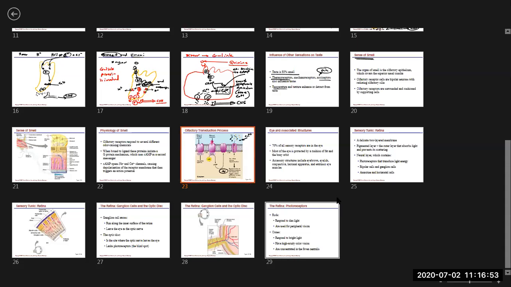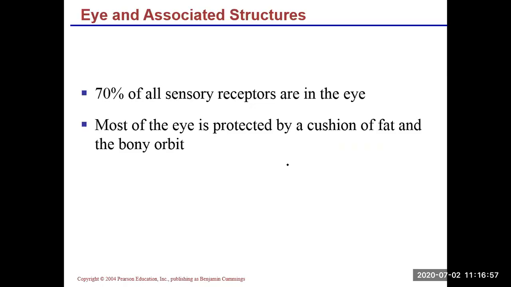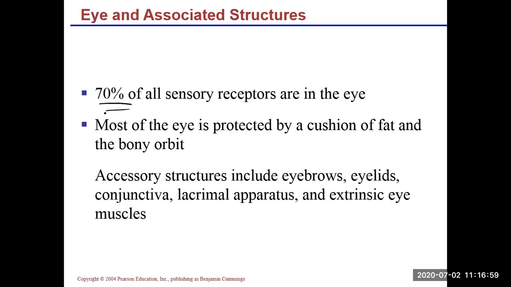Let's go ahead and take a look at the eye. When it comes to the eye, our eyes are actually pretty good. 70% of all sensory receptors happen to be located in the eye. That means we use our eyes a lot for doing different tasks. Right now, you're using your eyes to look at the screen and also listen. We'll talk about the sense of hearing later, but your eyes are really important to bring in a lot of